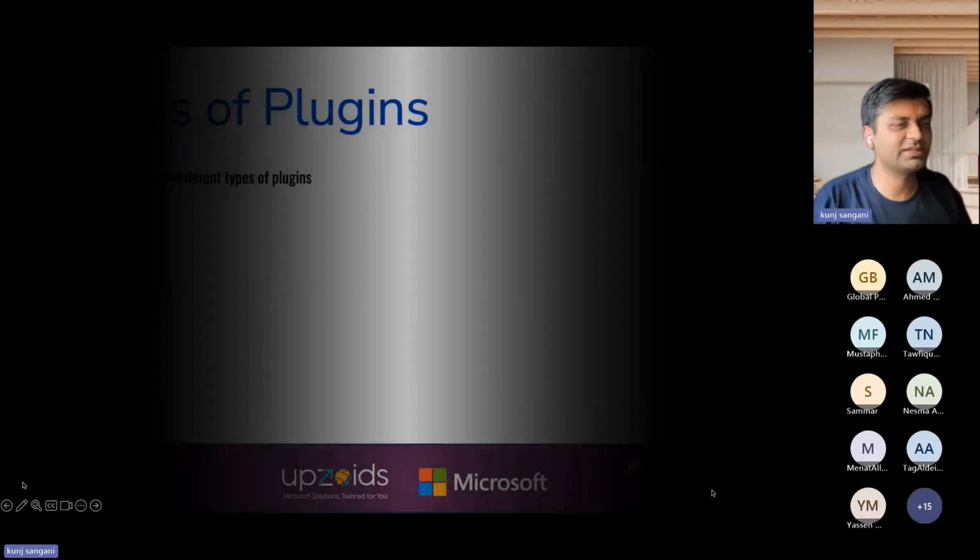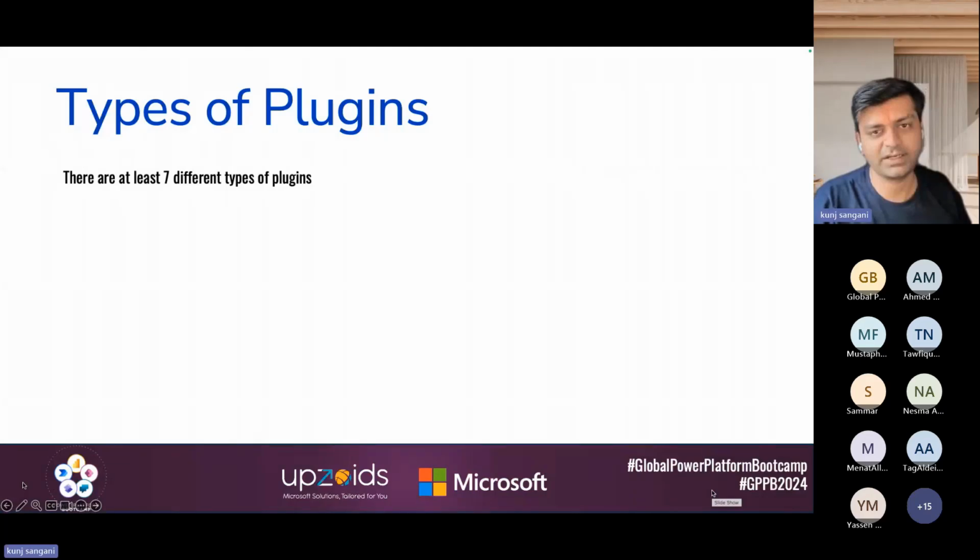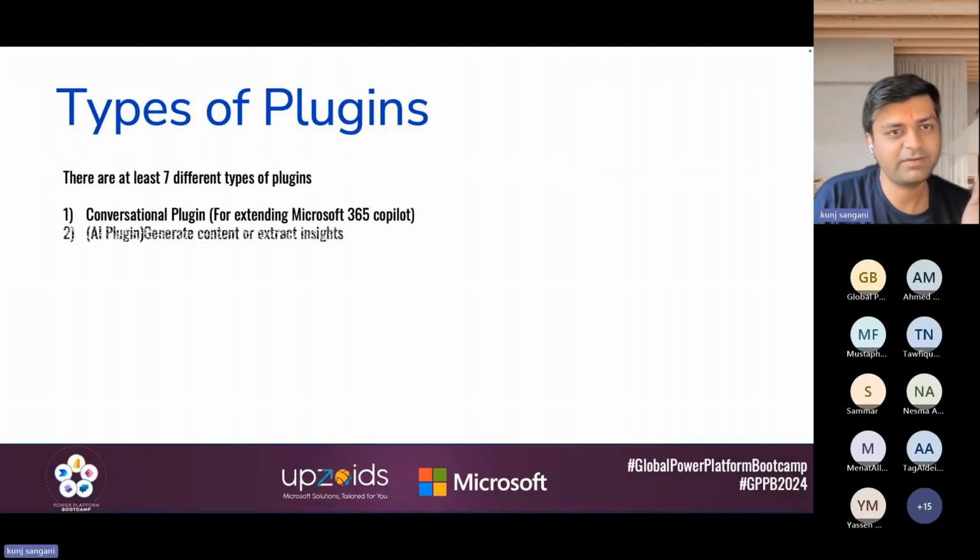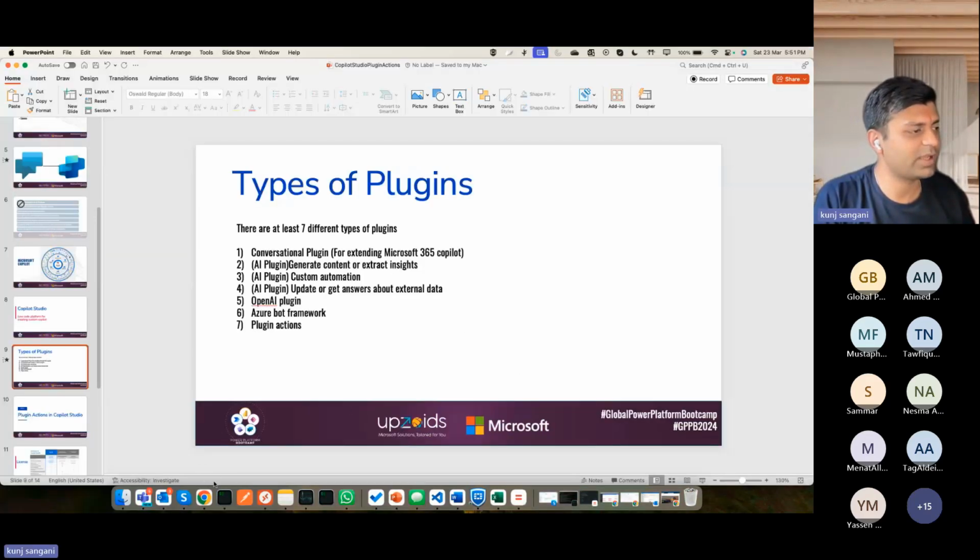We'll go through the plugin actions as well in detail. Now, the second type of plugin, which is a category of AI plugin. So in AI plugin, we have 4 different types of plugins. One of them is generate content or extract insights. Now, to understand this plugin, let me go back to my